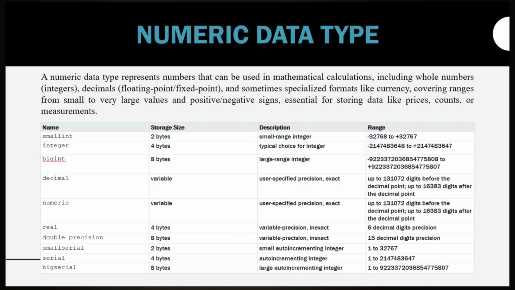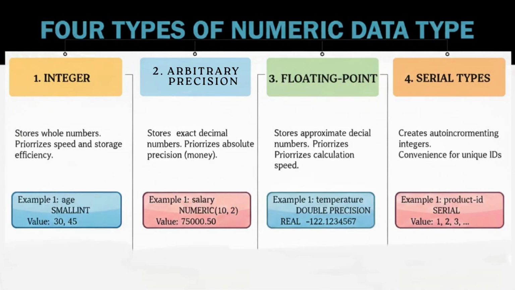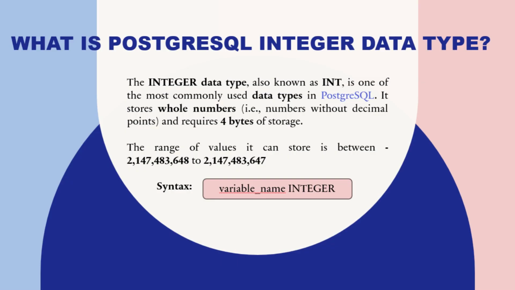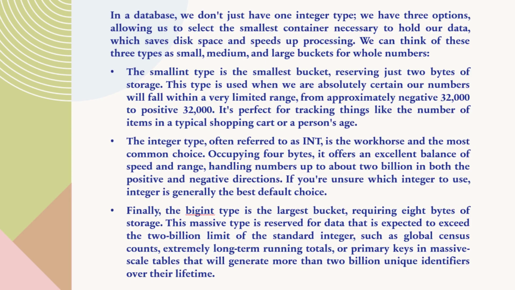These numeric types are grouped into 4 main categories, each optimized for a specific goal: integers for whole numbers, arbitrary precision decimals, floating point numbers, and serial types for automatic counting. So let's begin our deep dive into the first and most fundamental category, integer types. It is one of the most commonly used data types in PostgreSQL. It stores whole numbers and requires 4 bytes of storage. It is used for storing the population of a country, tracking user counts on websites or social media platforms, or representing